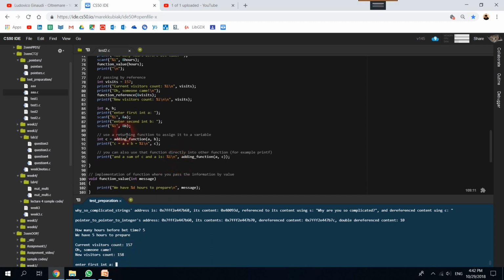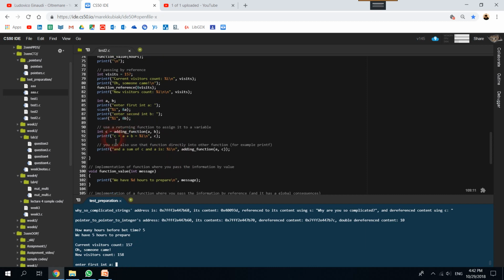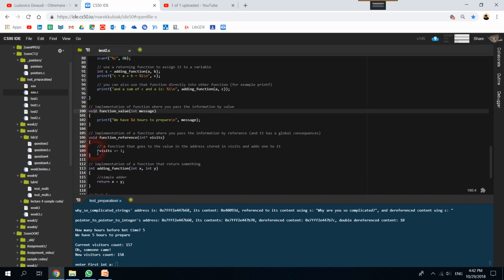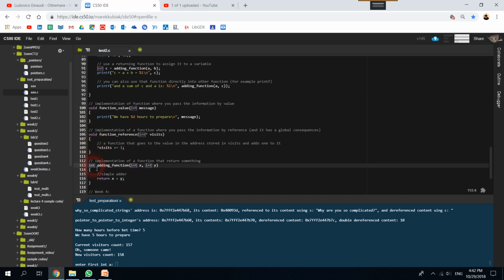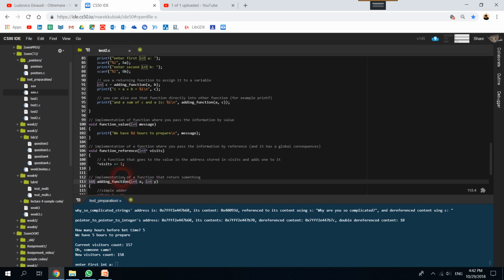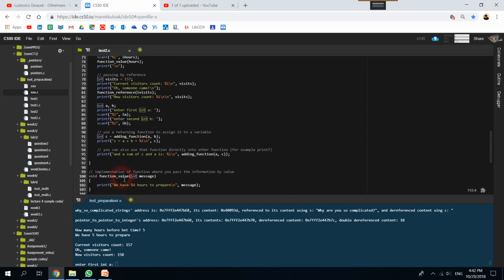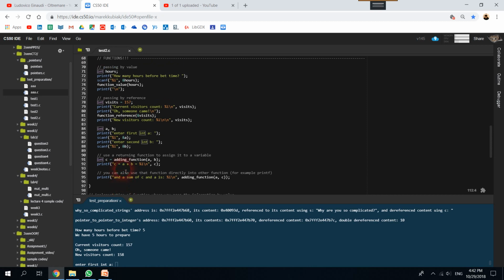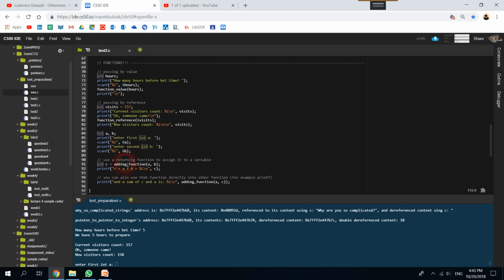Okay, and the last thing, I know it's long enough, so the last thing is a function that returns something. In here, it returns void, nothing. In here, we have a function that returns an integer, and it's a very, very simple code. It's a very simple function, which adds x and y and returns x plus y. That's it. That's all you need for a function that adds things. It's pretty useless because you could just use an add symbol. But anyway, if you look here,